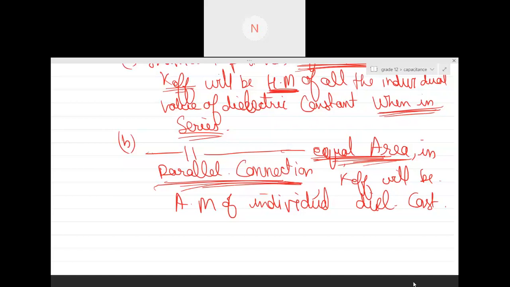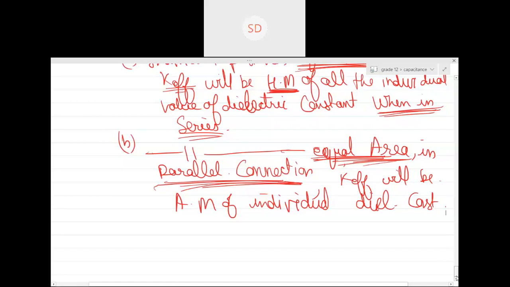The capacitors chapter will take just 2 lectures. But I'll not be teaching you Kirchhoff's rules for capacitors here. I'll be teaching Kirchhoff's rules in the next unit, current electricity. Once I teach you Kirchhoff's rules, in that only I'll add the capacitance section as well, because it's foolish to teach Kirchhoff's rules for capacitors separately and then resistors separately. So everything should be together.